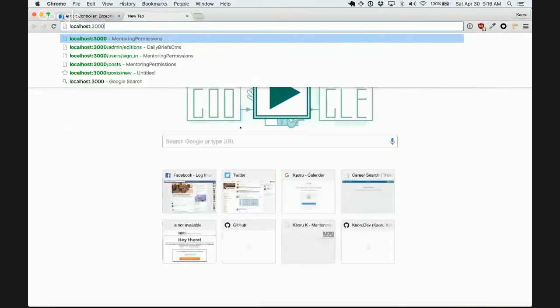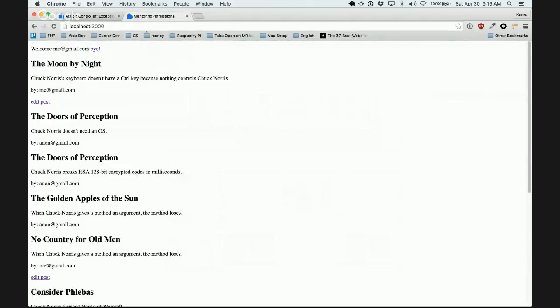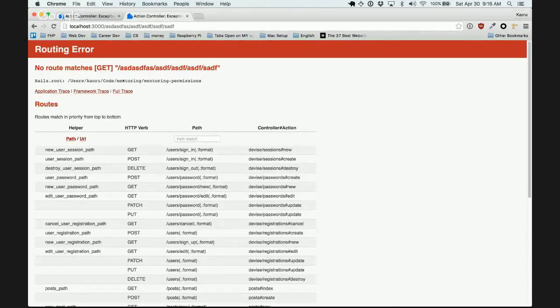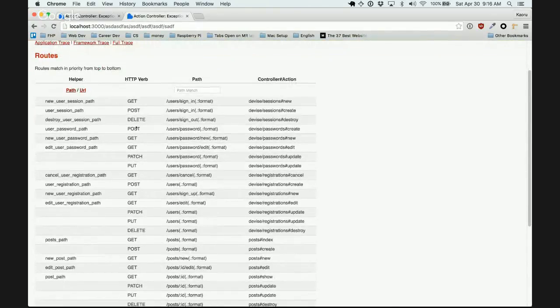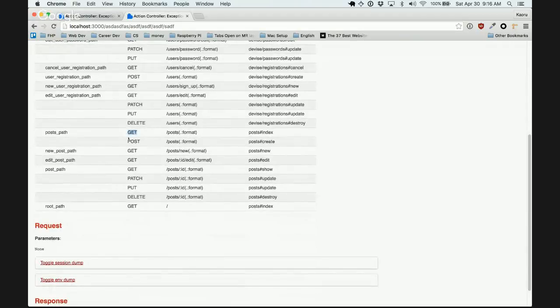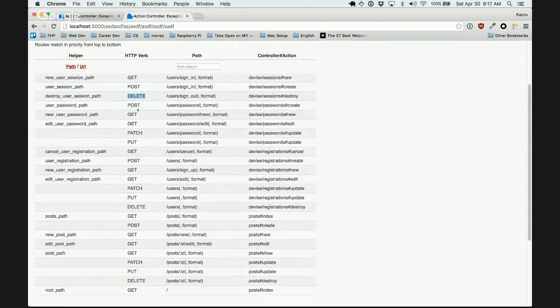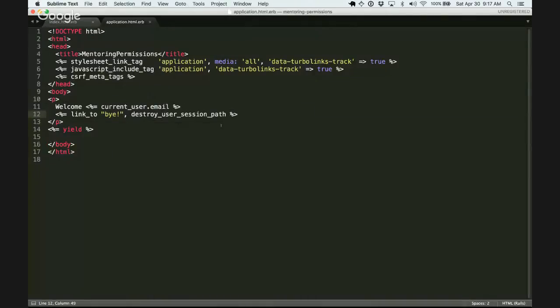Okay. The reason why I need that is because links are always going to be gets. We were talking about RESTful verbs. There are four main ones that Rails uses: get, post, patch (patch and put are kind of synonymous), and delete. So if you look at destroy user session, it's a delete verb. So if I don't have this method delete,